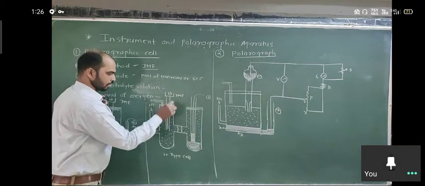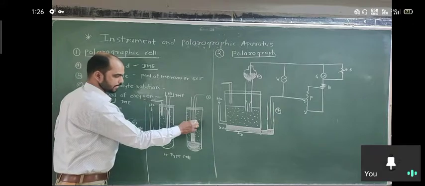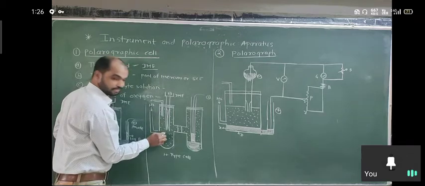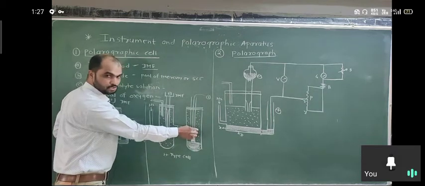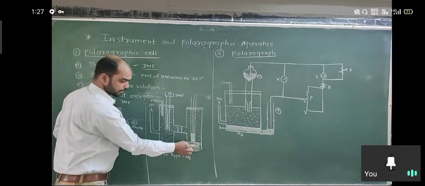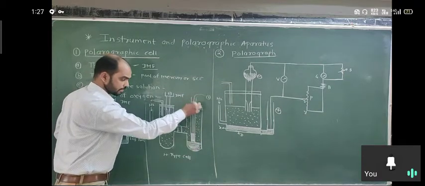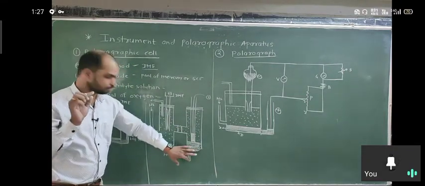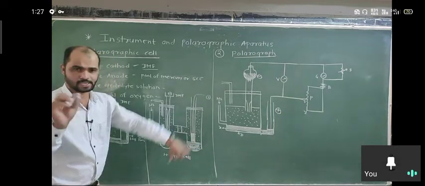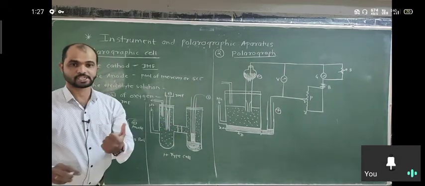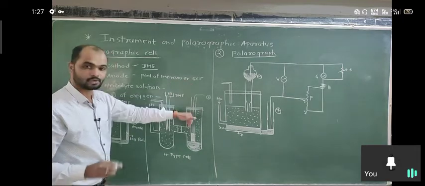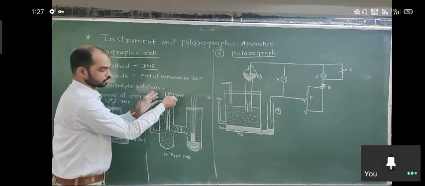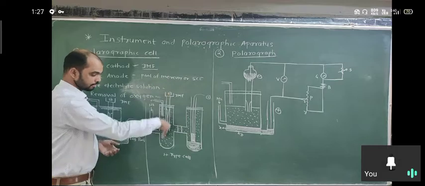Basically there are two arms used here, first arm and second arm. In the first arm the solution to be analyzed is filled. Here another electrolyte solution is used. Here mercury is placed, and this electrode is a calomel electrode. Here no pool of mercury is used, though we can use a pool of mercury, or simply place the calomel electrode, which is a reference electrode and acts as the anode. So the anode is placed in one arm, and the dropping mercury electrode is placed in the other arm.